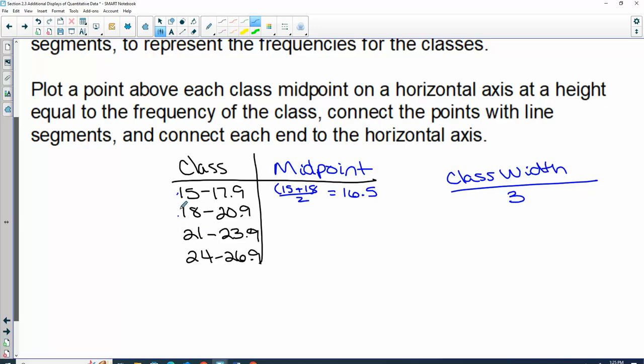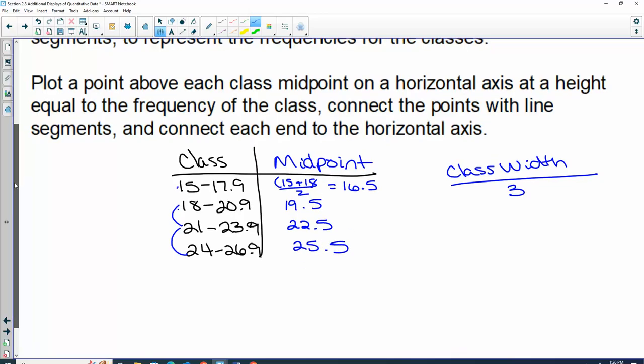All right, so what would this one be from 18 to 21? We do 18 plus 21 divided by 2. All right, from 21 to 24. How'd you get it so much faster that time? Okay, my class width is 3, right? So to get from one class to the next, I go up by 3 every time. So to get from one midpoint to the next, I'm just going up by 3. So the next one would be,